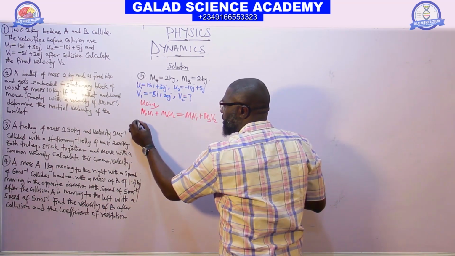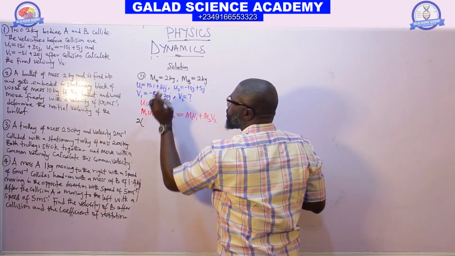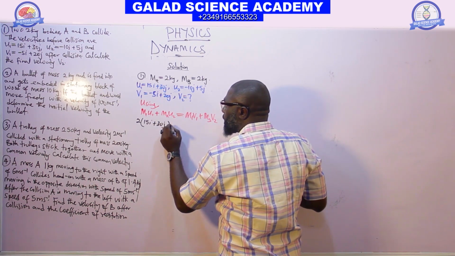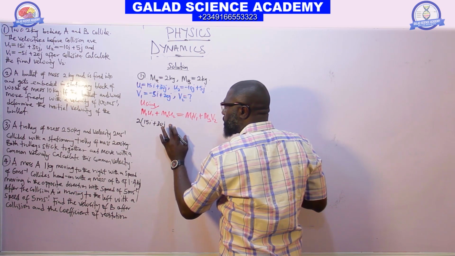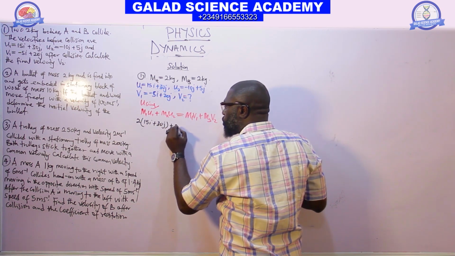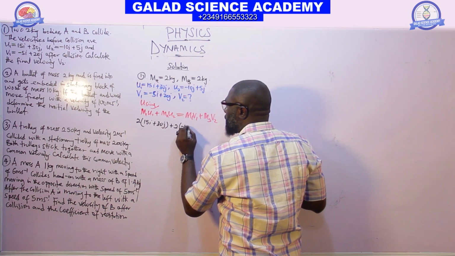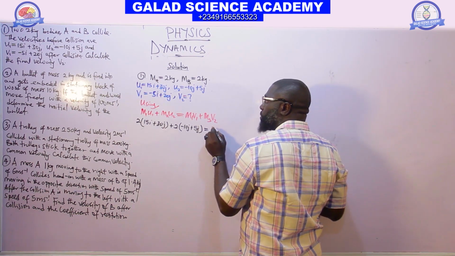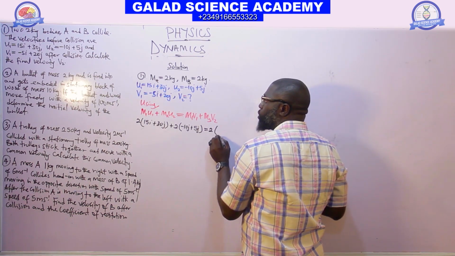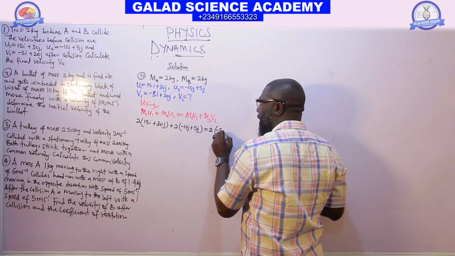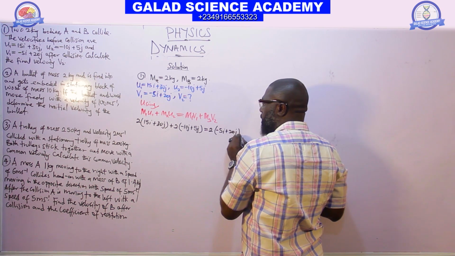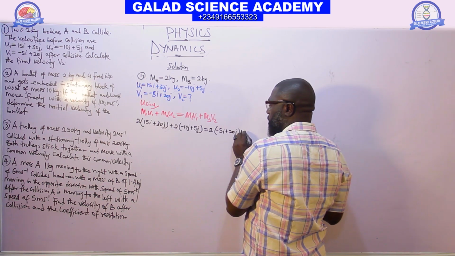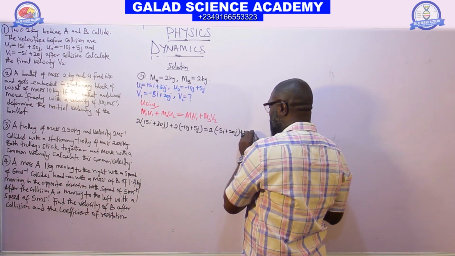Mass is 2, u1 is 15i plus 30j, plus 2 into u2, minus 10i plus 5j, equal to m is 2, v1 is minus 5i plus 20j, plus m2, which is 2,